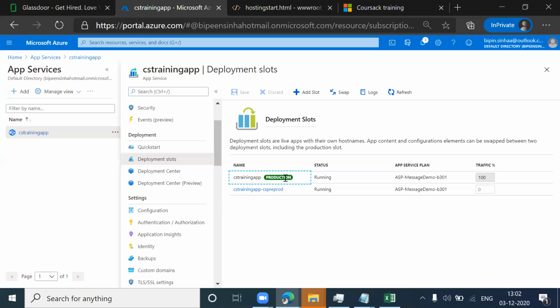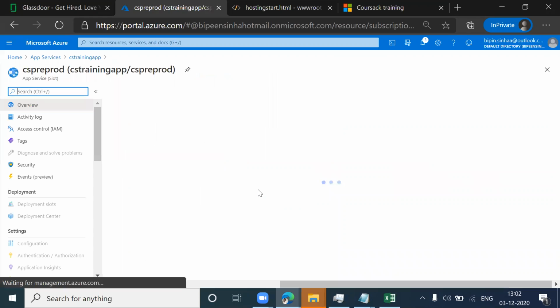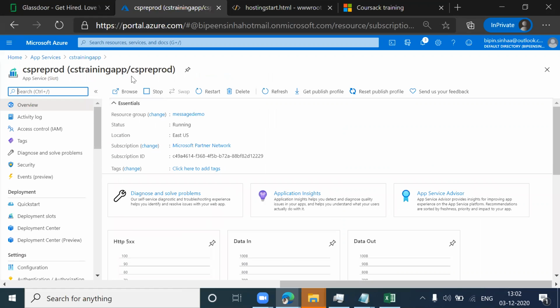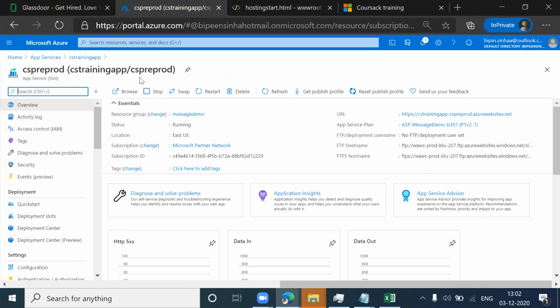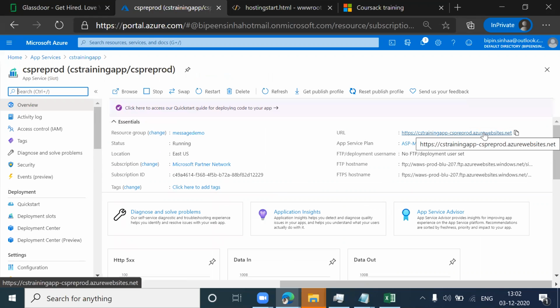So anyone who is working on this app will use this URL which is provided by this specific, you can say, pre-production environment, right? So pre-production has a different URL. You see there,